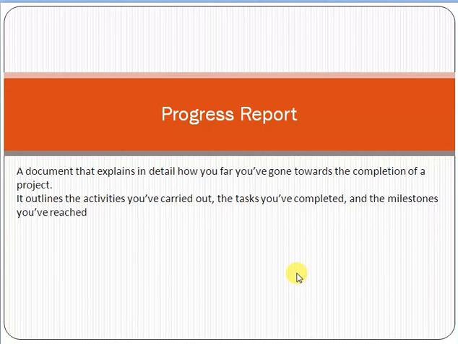Now friend, see, we have to make a progress report of a project. First of all you have to understand that the progress report you make is for a project. Now friend, what is a progress report? Why are we making a project progress report? A progress report is a document that explains in detail how far you have gone towards the completion of a project. It outlines the activities you have carried out, the tasks you have completed, and the milestones you have reached. See friend,